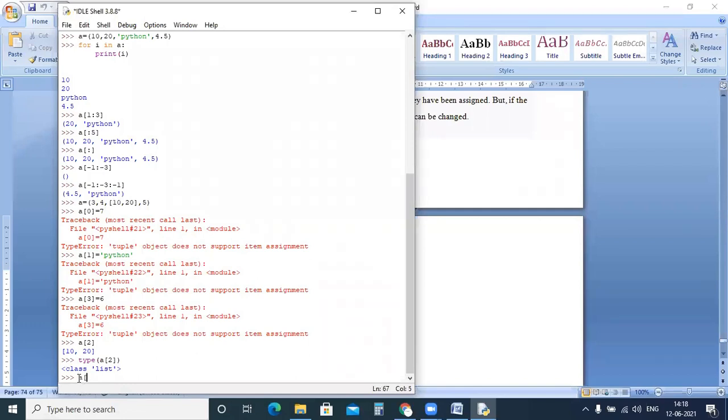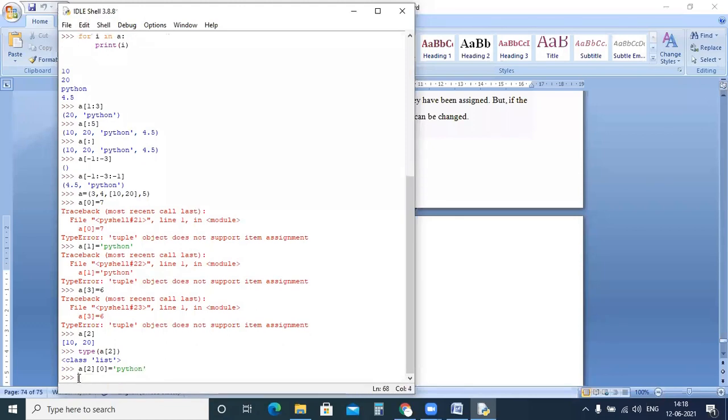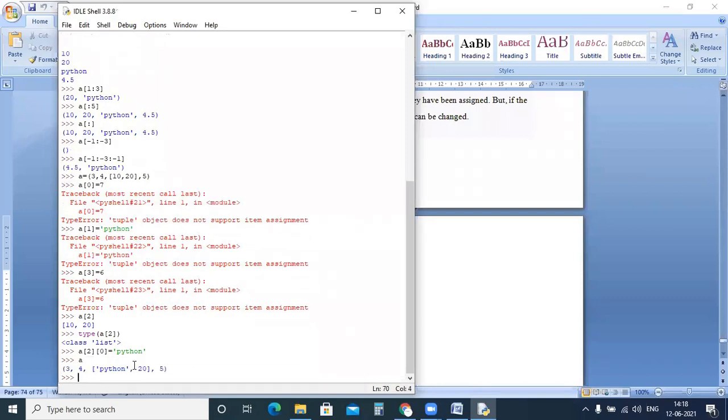A of 2, 0. Okay. Now, instead of 10, I want to change it as Python. Now you see, we are not getting any error. And if you try to print, we are able to change the 10 value to Python.